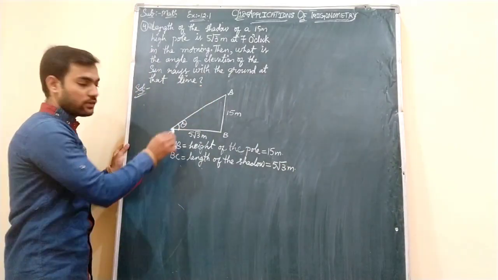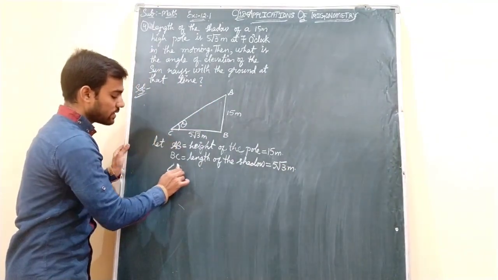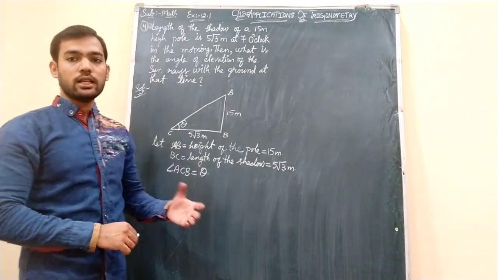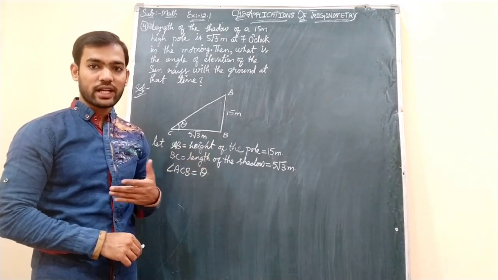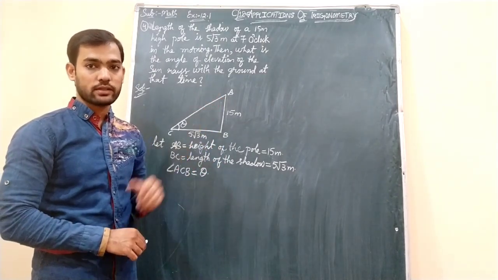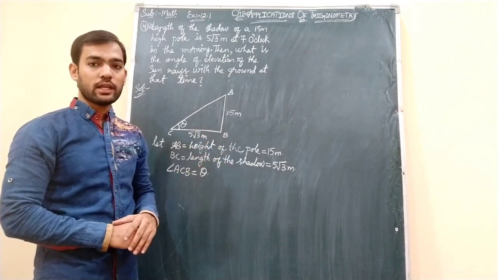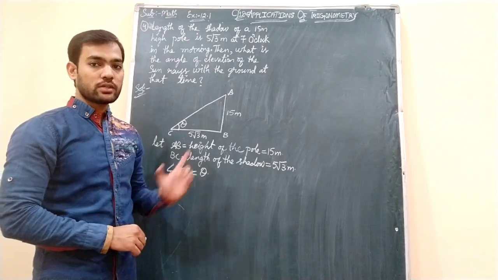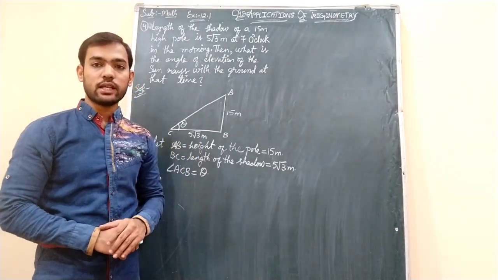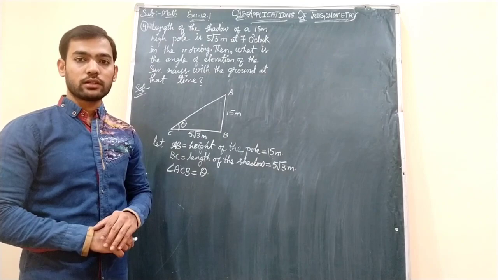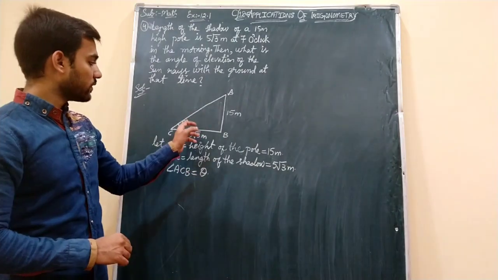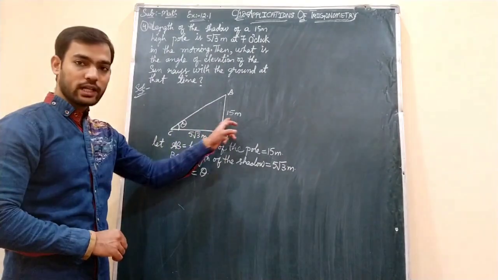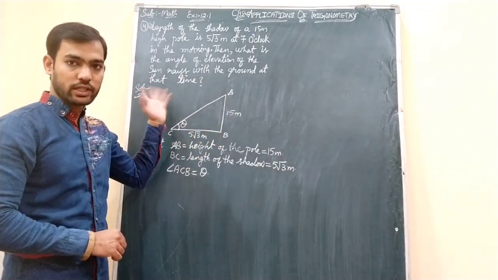Now as we are finding the angle, here angle ACB we have considered as theta. Okay students. Till now either we were finding height or distance or the hypotenuse side. But here two sides are given. In those questions the angle was given, but here the angle is missing. So this angle we need to find out. That is the reason we have taken it as theta. Okay students. So now with respect to this theta, see both the sides which are given. This is the opposite side and this is the adjacent side. This is the hypotenuse which is missing.